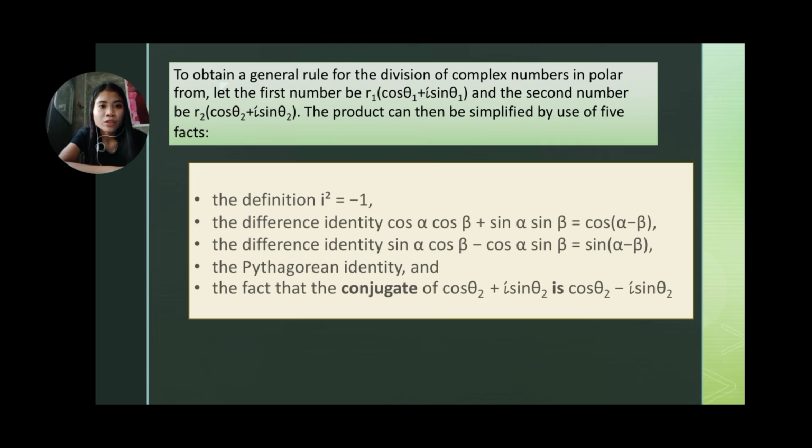So to obtain a general rule for the division of complex numbers in polar form, let the first number be r sub 1 times the quantity cos theta sub 1 plus i sin theta sub 1, and the second number be r sub 2 times the quantity cos theta sub 2 plus i sin theta sub 2. The quotient can then be simplified by use of 5 facts. So first,